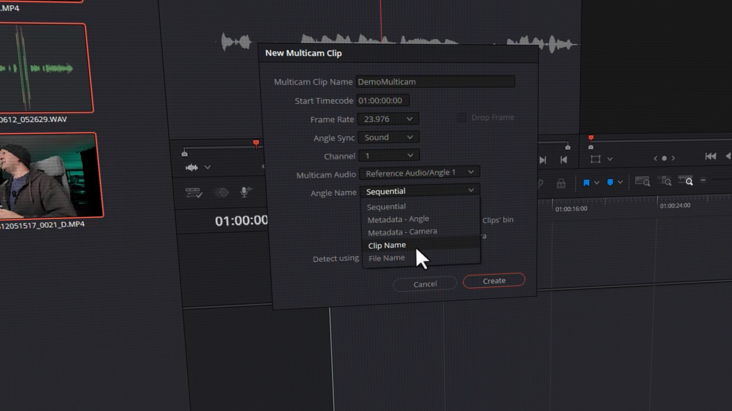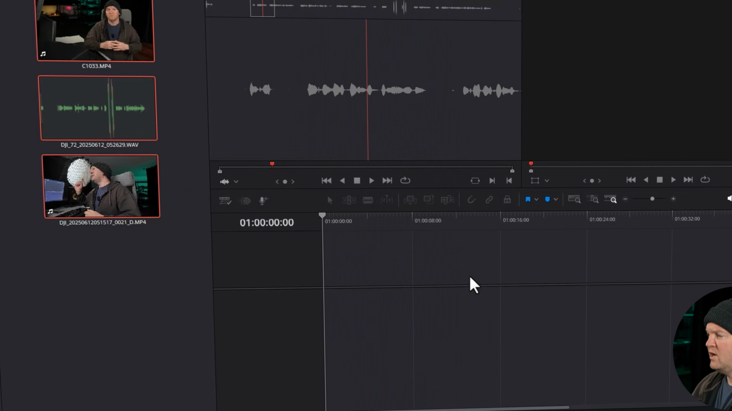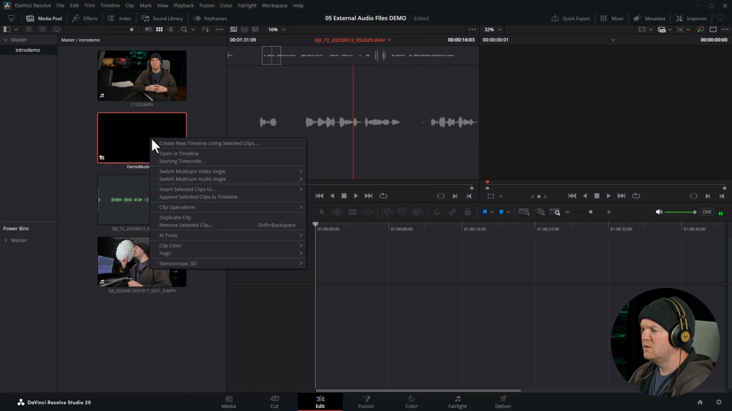If we wanted to, we could use different angle names. I'm just going to leave this as sequential, so we get angle 1 and 2. And I'm going to uncheck this because I don't want things moving around. And hit create. If we right click on this new multicam clip that was created and open it in the